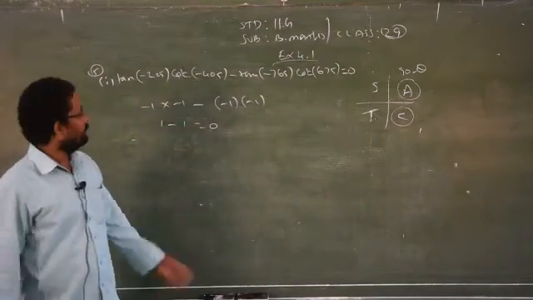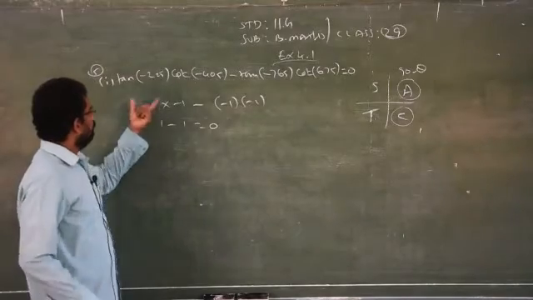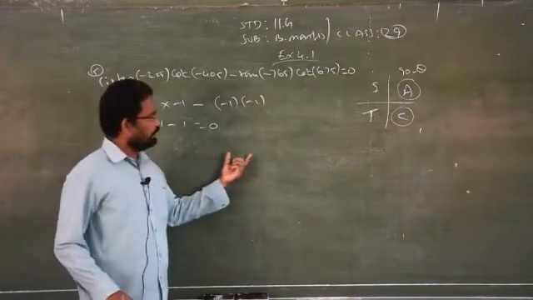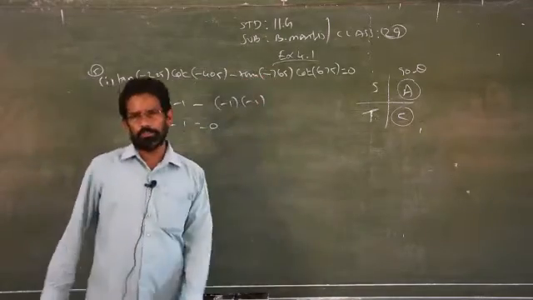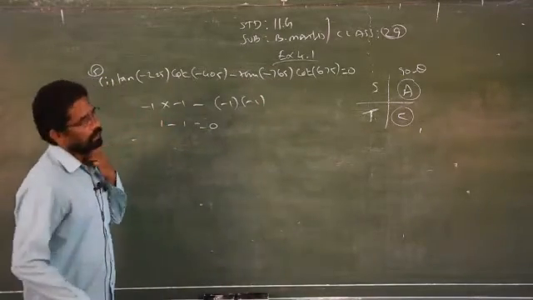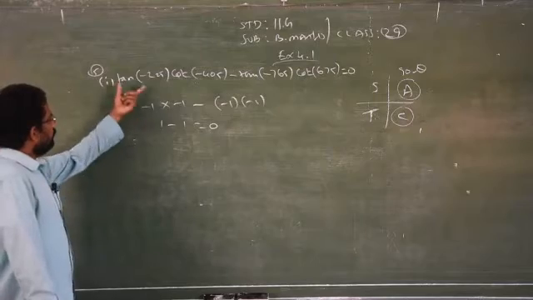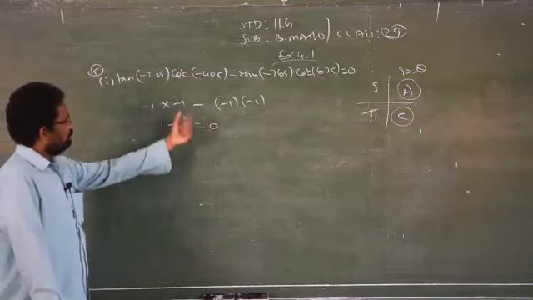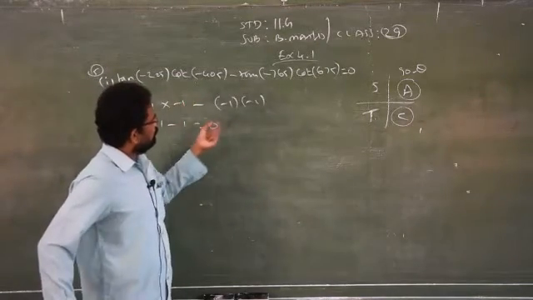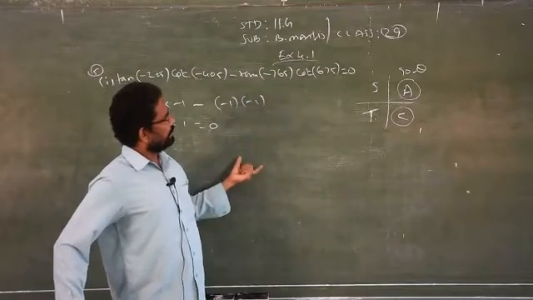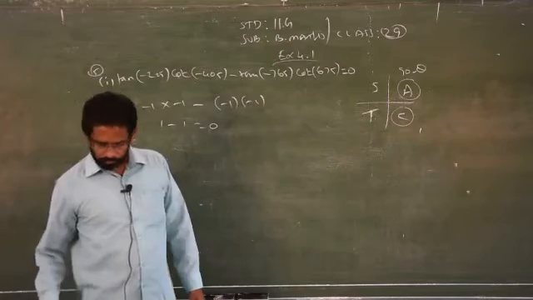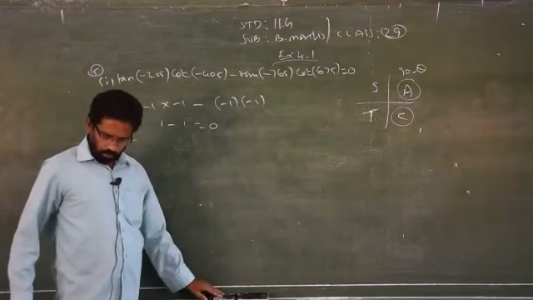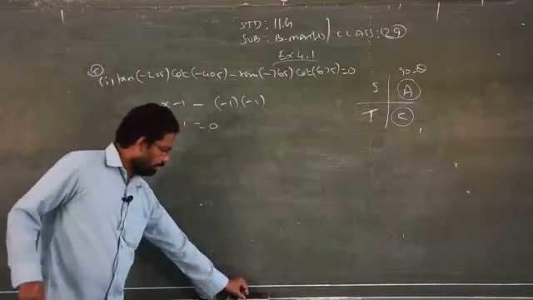Clear? I took separate factors and simplified, but if you know, you can straight away replace all the values and substitute. That will lead to confusion. Therefore, you have to take the first factor, find the answer, then the second factor, find the answer, then do the same for the second term, and simplify, you will get the answer. Clear? So now we will move to the second sum.